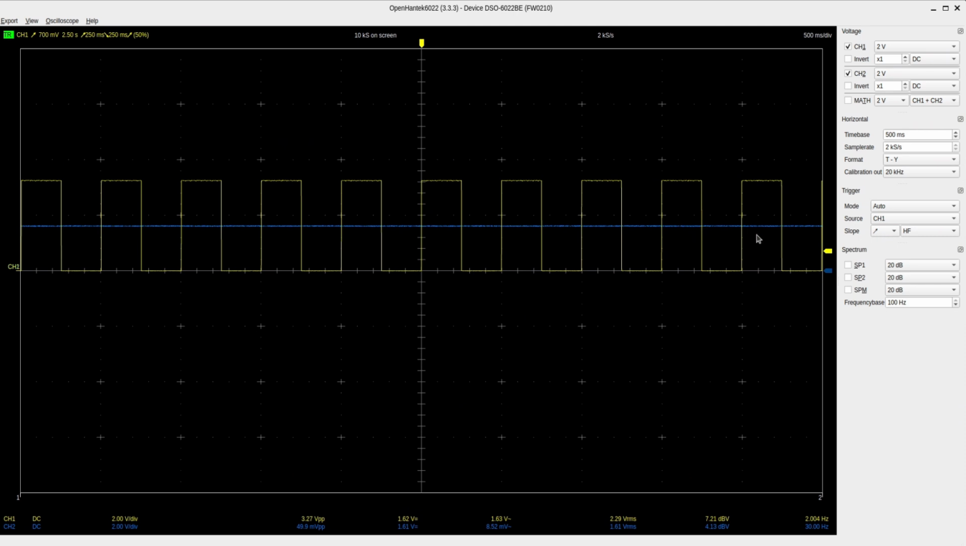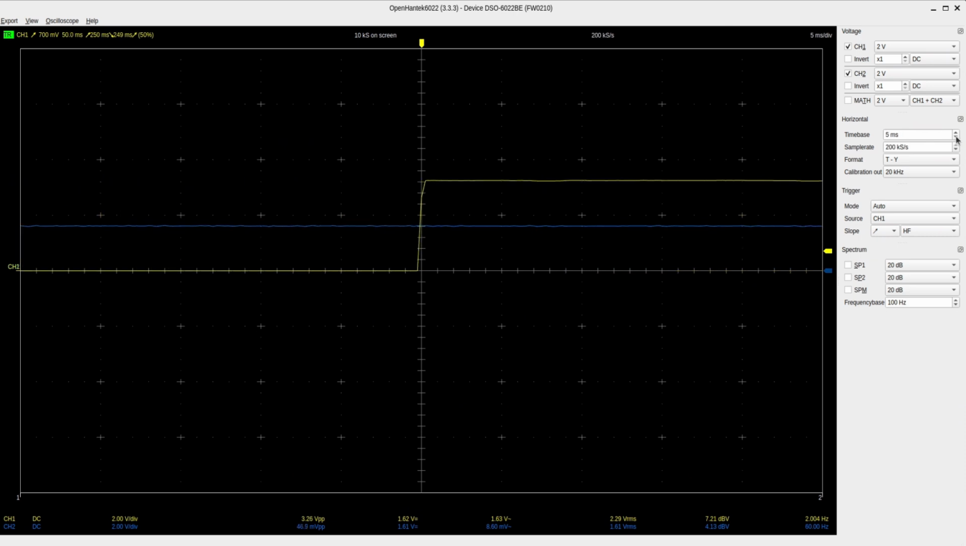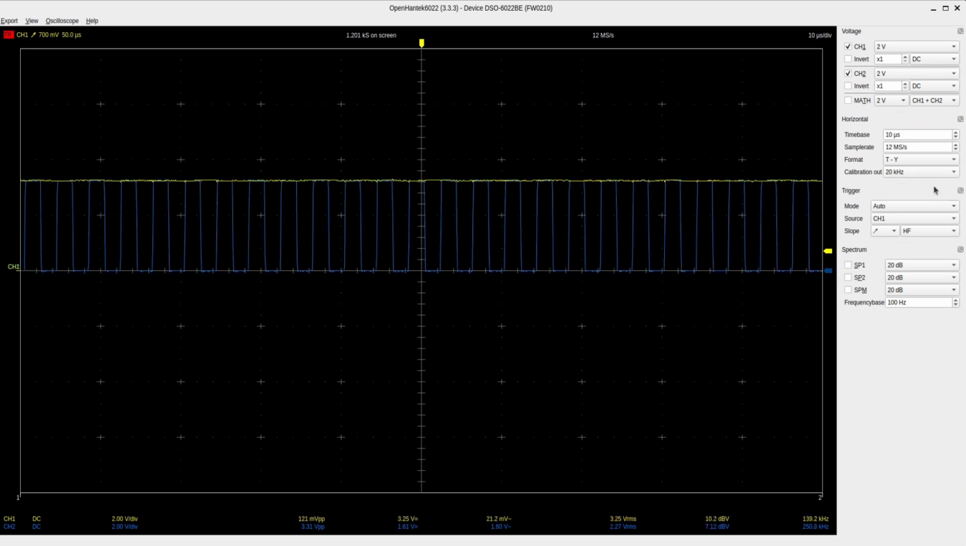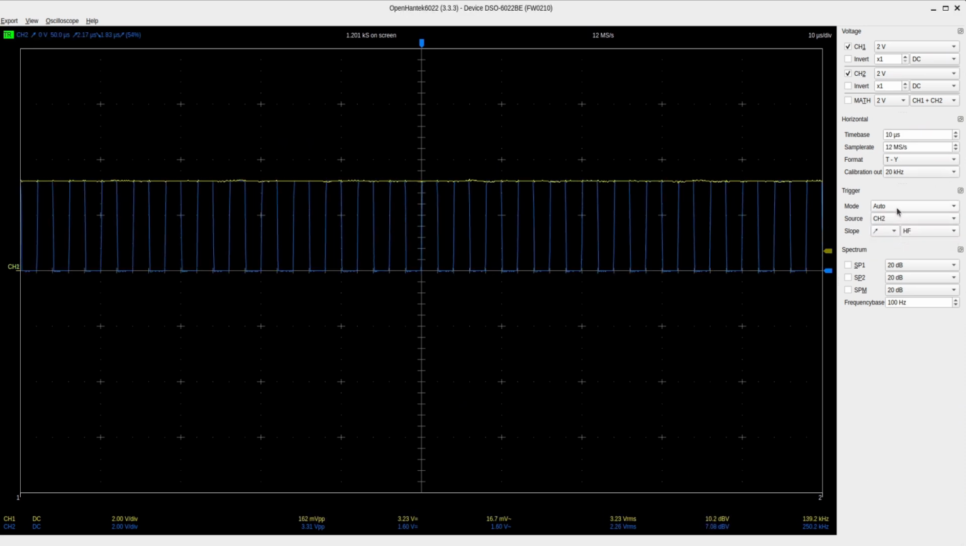And of course, looking at the scope, we're not seeing much. That's because the clock is running very fast and our time base is very slow. So let's zoom in the time base quite a lot. And the clock is starting to come up here. And there we go. We can see channel 2 running at